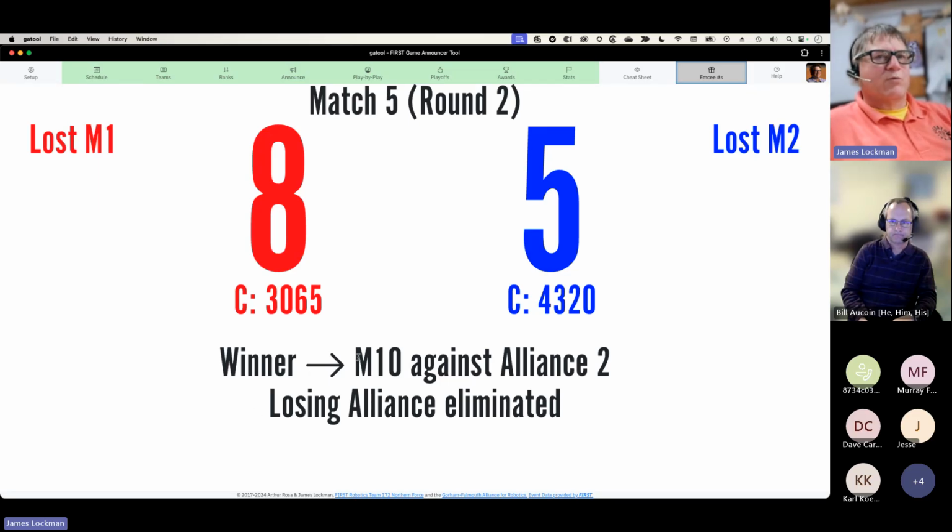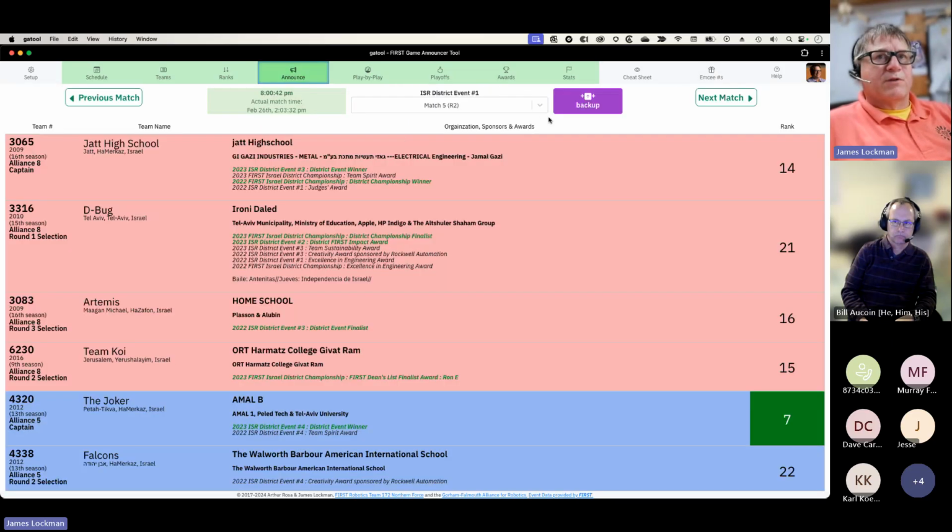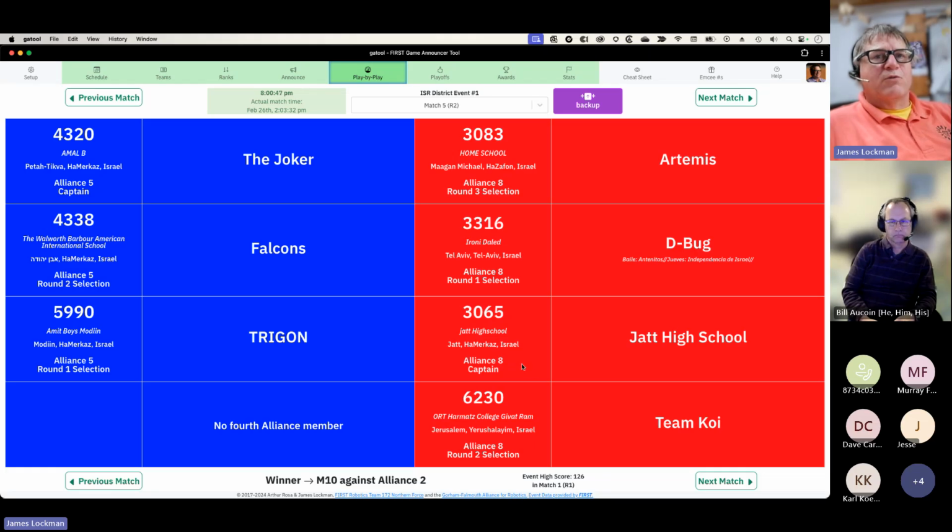So it says the winner will move to match number 10, turns out against Alliance 2, and the losing alliance will be eliminated. So at the conclusion of the match, make sure as you're looking at your announce screen, your play-by-play screen for this match, that you thank the teams on the losing alliance for their great service here in the event, and read them off by number and team name, ending with the